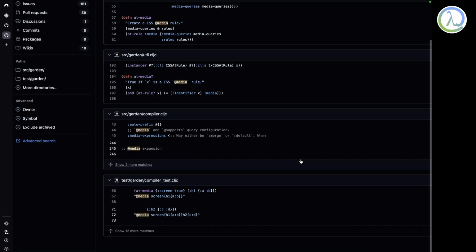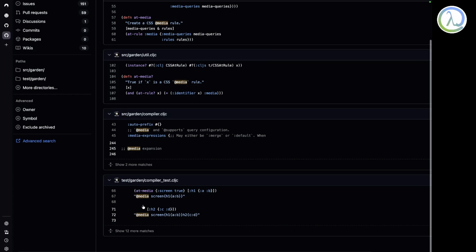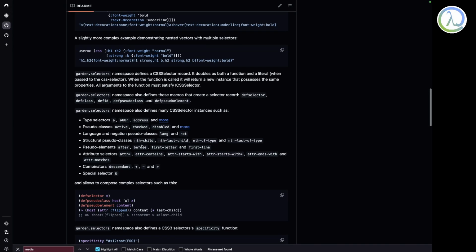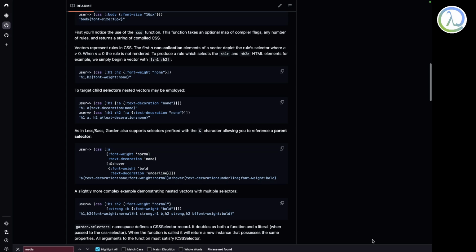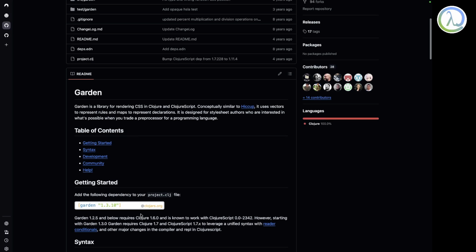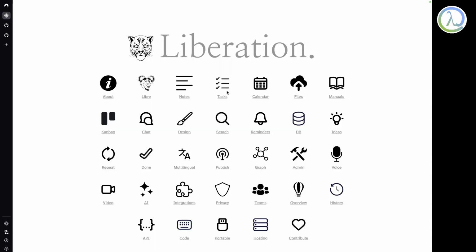So that's what I mainly wanted to talk about in this video: garden.css and how to read it, or how to read any Clojure library in case you're new to Clojure and you don't find something in the README. Don't panic, just go to the test stuff and search it. And if it's not there, you still need to go to the code. So that's it. I'm just using Garden, and I feel this page looks okay-ish enough.